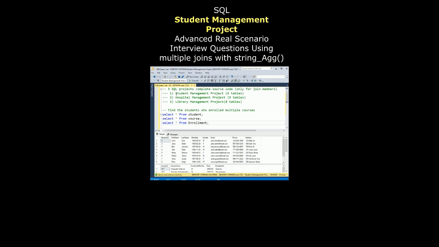Here is one more tutorial on the student management project, which contains 6 tables. Now the question is, find the students who enrolled in multiple courses. I require these 3 tables from this project. And one more thing, the source code of all these 3 projects is available to all join members. Now let's find out the student names who enrolled in multiple courses. So the query is,